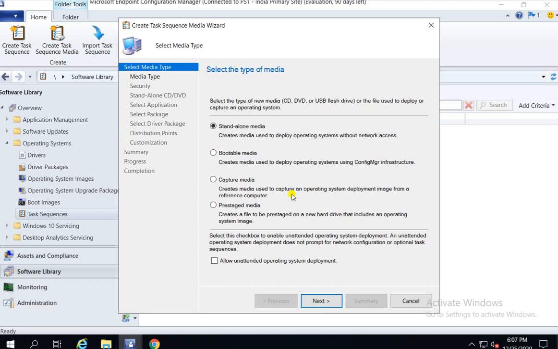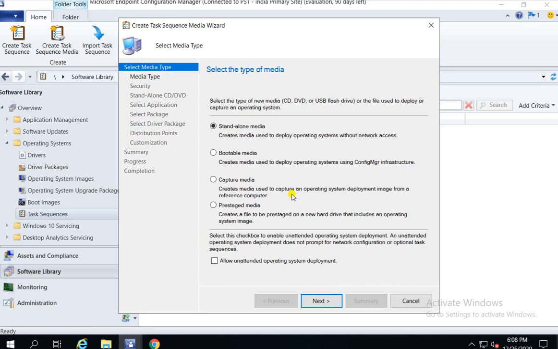This is for when you have an operating system that has the SCCM client and is reporting to SCCM. The image will be visible in your Software Center, and from there you can start capturing your OS. So that is one way.